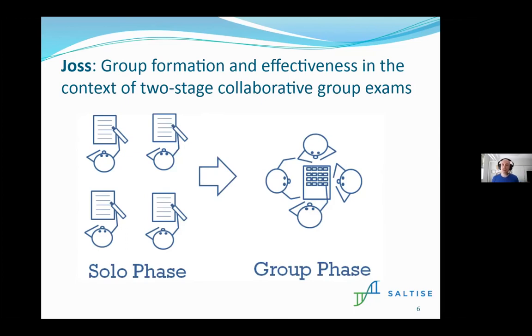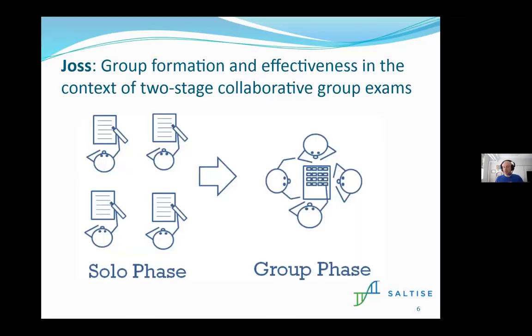Yeah, so the context that I'm going to be discussing today is two-stage group exams and some of the different things that we can draw out of some of the data that can be gathered related to those. And if you're not familiar with two-stage group exams, it's the idea that the students will take their regular solo or individual exam, and then afterward, they will get into groups, 3, 4 is kind of typical numbers, even though different people make different choices, and then they will actually retake the exam. Sometimes the exam's a little bit different, sometimes it's exactly the same.